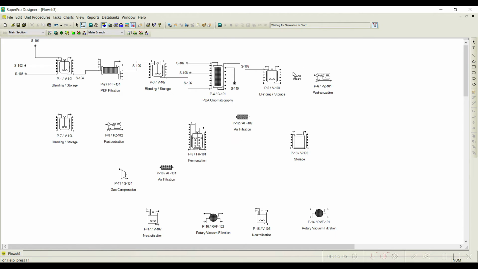And next, this blending tank is connected to a vent stream. This is by default a vent stream. You can notice that this is not an output, by default this is a vent stream, and these are all the output streams. So this vent is selected, and again to make a dead end, double click, so this is the dead end. And from this particular storage tank I will connect it to the pasteurization unit, and then from the pasteurization unit